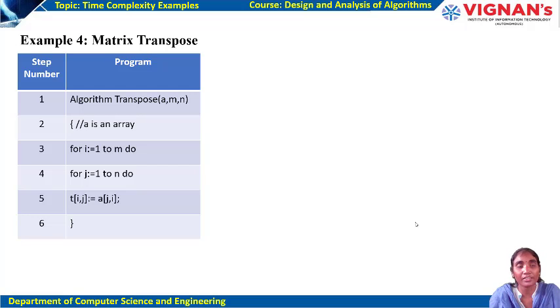So how many times? Now let's again refresh. The algorithm name is considered as 0, and the open brace is 0. For loop i is equal to 1 to m: how many times? m plus 1 times, since the condition is checked. So m plus 1 is the frequency. j is equal to 1 to n, which is n plus 1 as a basic for loop, and which is the innermost, so m into n plus 1, right?